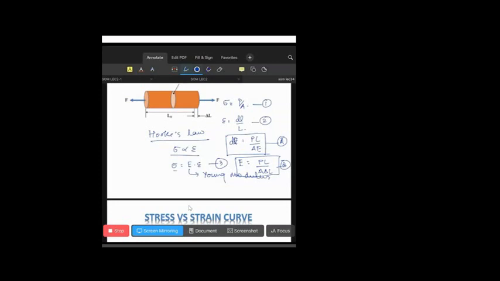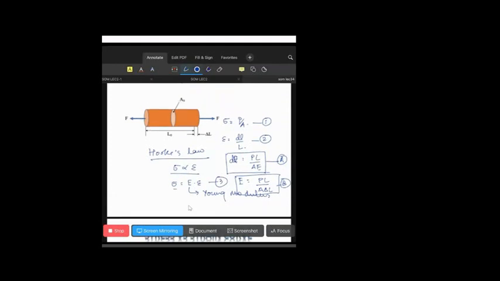See, this kind of bar will be there. This is a circular bar, circular rod. We can say a longitudinal force or along the axis, force F is applied. And due to this force F, there will be a change in length. And in this case, LO is your original length. And what is AO? AO is your cross section area. Then this LO will get converted into, or LO will get deformed by delta L. So the change in length will be delta L, and the total length after application of force will be LO plus delta L.